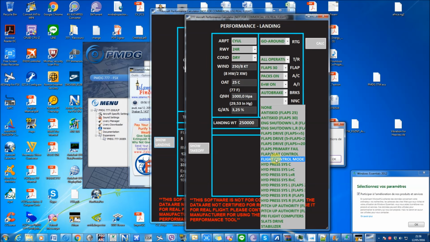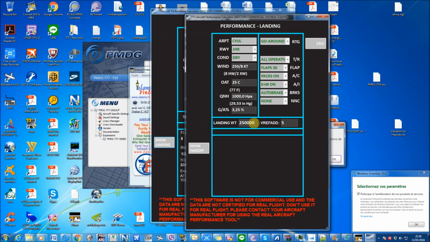because sometimes in landing there is some failure, like hydraulic or flaps. So those features will affect aircraft performance. So I will show you later. So let's say I put blank. I want to know my maximum landing weight by this configuration. So I got